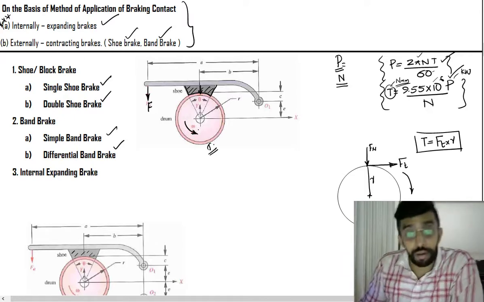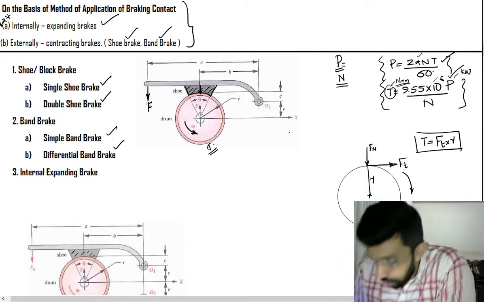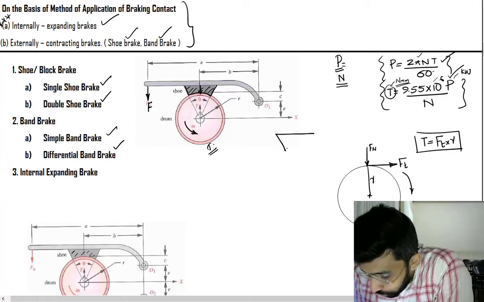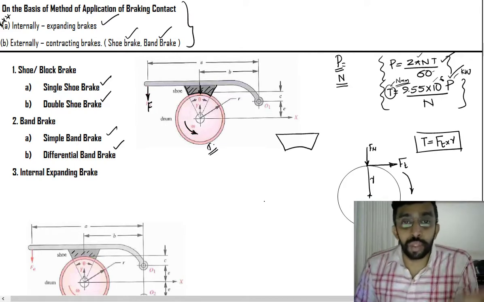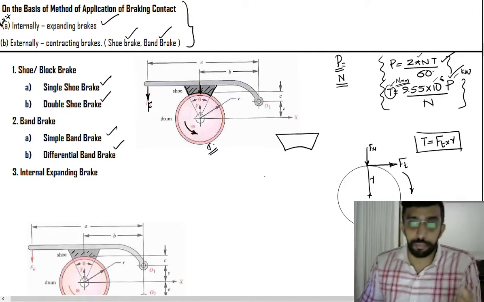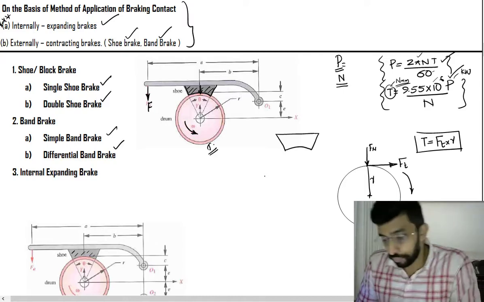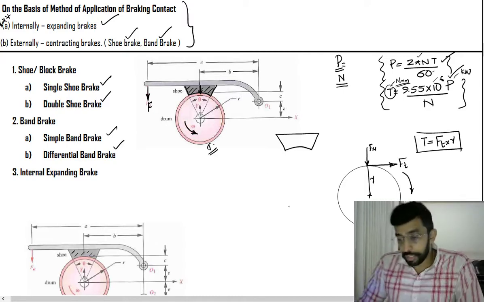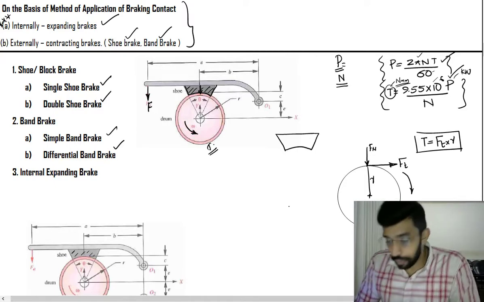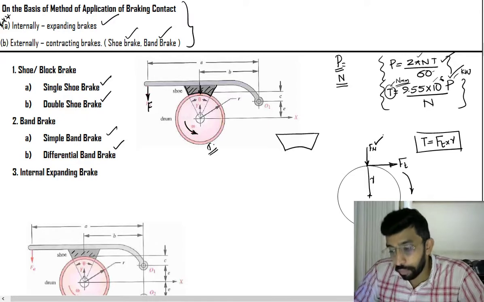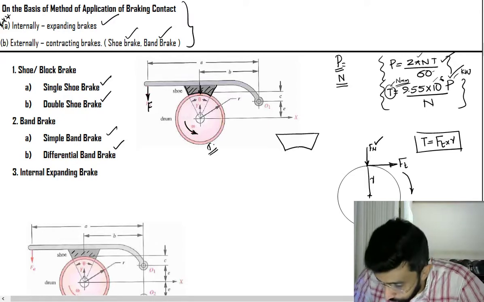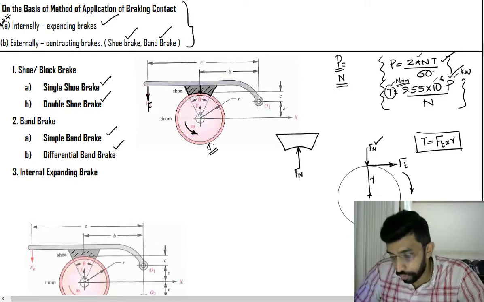Now let's discuss the brake shoe. What happens on the brake shoe? Because we are supposed to design the brake shoe. We are going to design the brake shoe and the lever. We are not going to design the brake drum because that's already available with us. So this is the shoe, and we have to apply the basic Newton's principle, equal and opposite forces. When you apply a normal force on the brake drum, we have the normal reaction Fn, which is equal to Fn on the brake shoe.